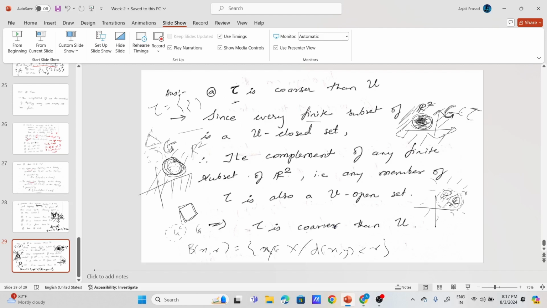मैम, इसमें डाउट ये है कि जो आप बोल रहे हैं कि ये फाइनाइट हो गया, तो जब हम किसी सेट का कॉम्प्लीमेंट लेंगे, तो उसके मेंबर्स हम कैसे देखेंगे? उसको फाइनाइट कैसे बोलेंगे? इसका जब कॉम्प्लीमेंट लोगे, मतलब R2 माइनस ये बॉल, तो ये इनफाइनाइट जा रहा है। पर आप अगर R2 माइनस B ले रहे हो और इसका कॉम्प्लीमेंट ले रहे हो, तो वापस ये बॉल B मिल जाएगा ना। पर ये बॉल तो इनफाइनाइट है ना, इसमें इनफाइनाइट पॉइंट्स हैं। आपको वो पॉइंट्स नहीं देखने हैं। यही तो समस्या है।